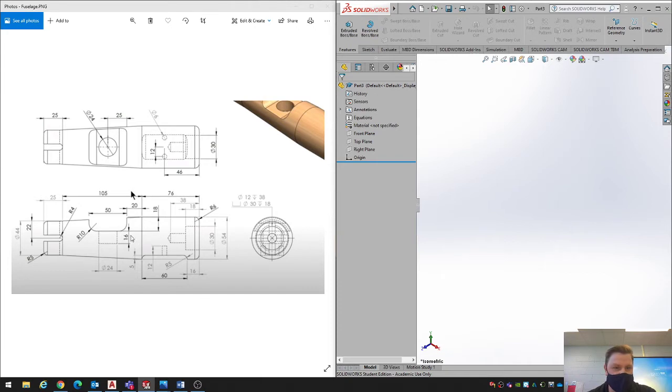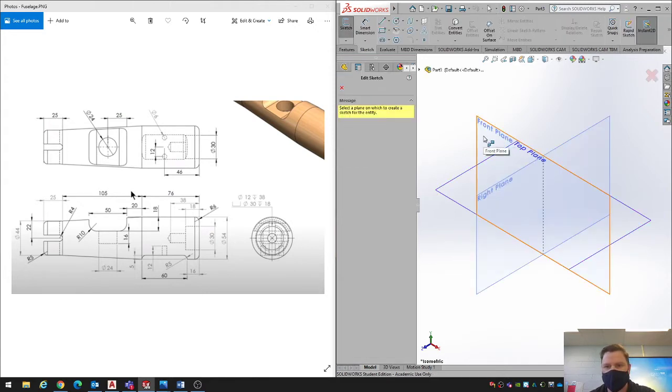Okay, so basically it's like a cylinder, but the cylinder is flat here, and then it goes down at an angle, and then it goes flat again. And I'm going to use the revolve tool in order to get the shape that I'm looking for. So let's start a sketch on the front plane,